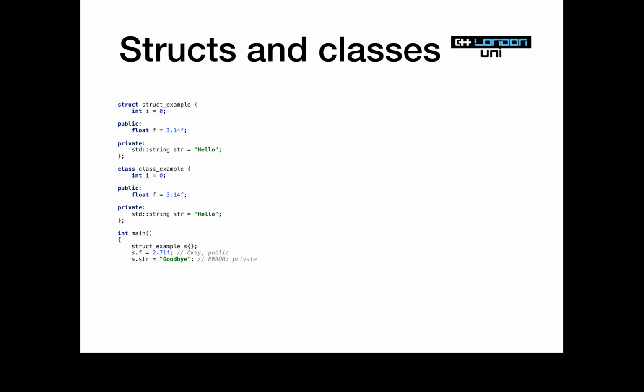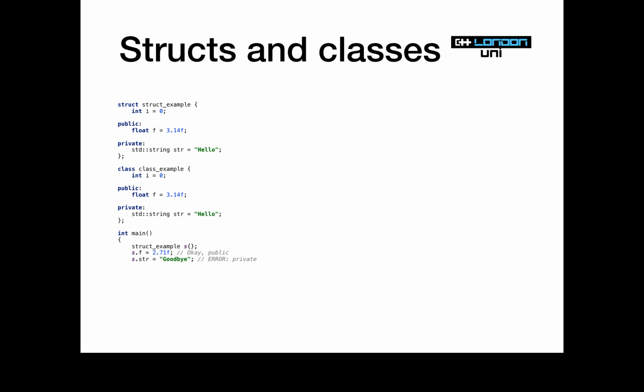Because everything in the struct defaults to public, we just have to highlight the private bit. Absolutely, yes. This public word here is completely unnecessary. Same with the class and the private. You just have to change that. Imagine the word public followed by a colon was at the top there. But with class it's private, isn't it? Yes. So we just have to declare the public. But once you've opened a public section, you then have to say the private things after that. I would put the public last, so it's less work.